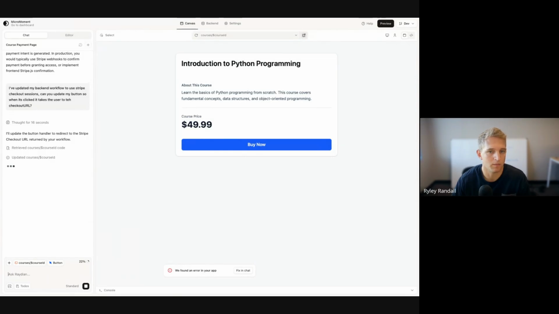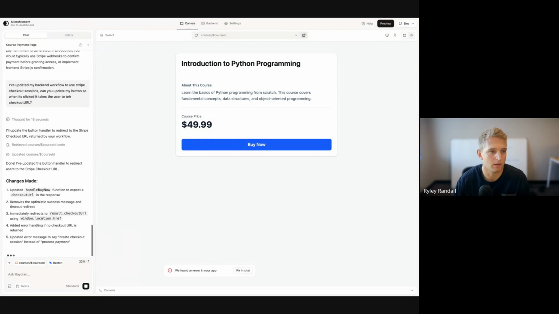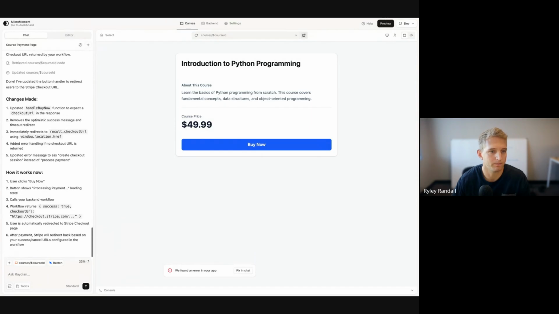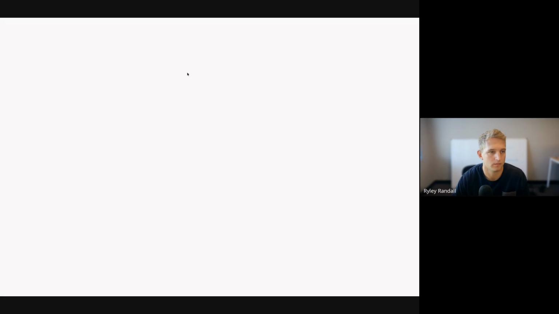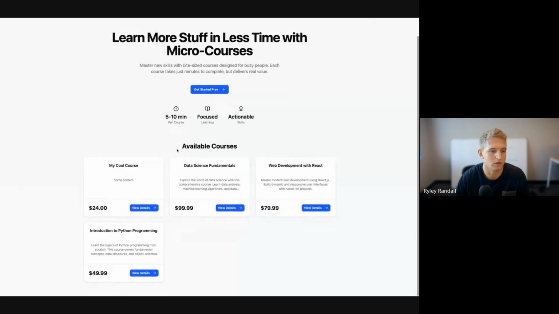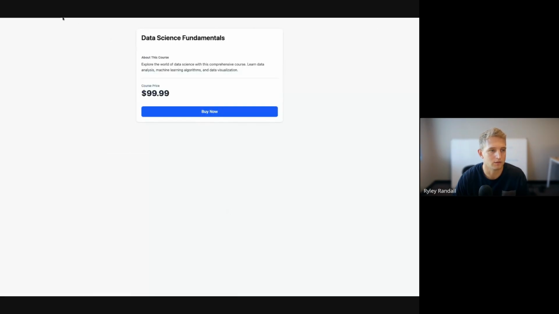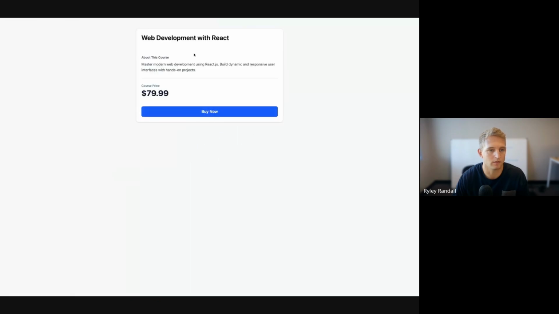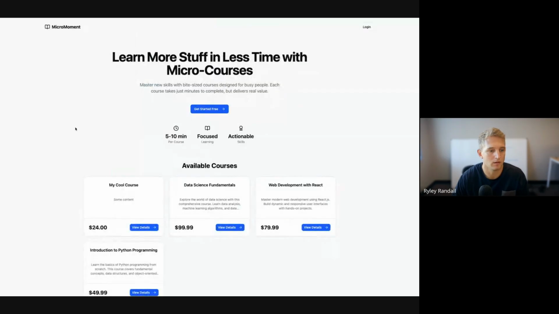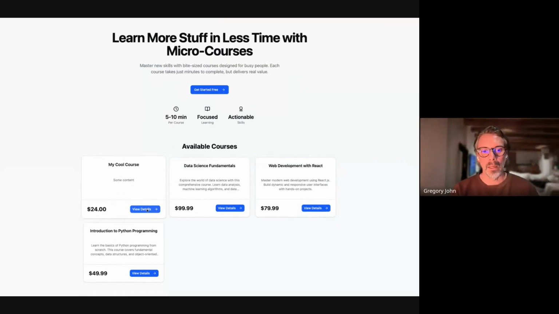So I'm going to open this in a new tab, and I'll share it, just to get the full demo of the app. So here's our app. I can click data science fundamentals, and it shows me that one. If I go back, I can click web development with React, and it's going to show me that one. So just quickly to explain the distinction,